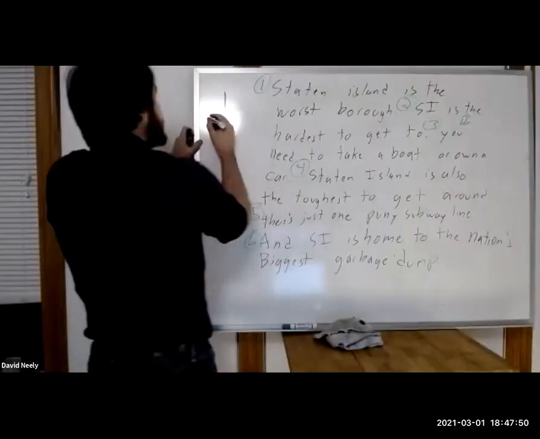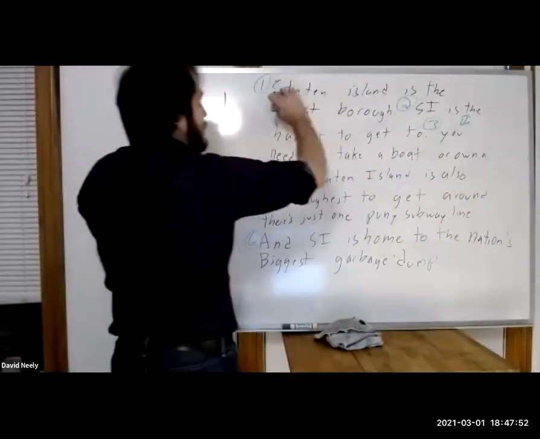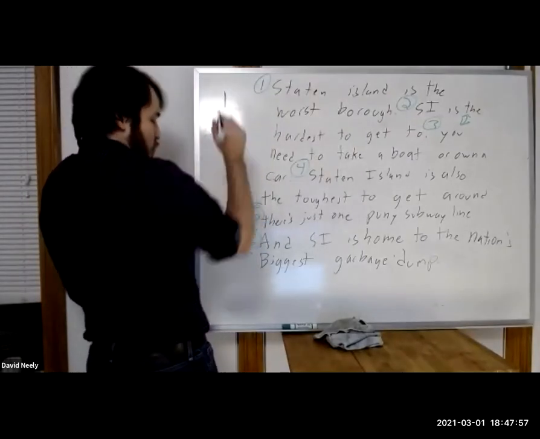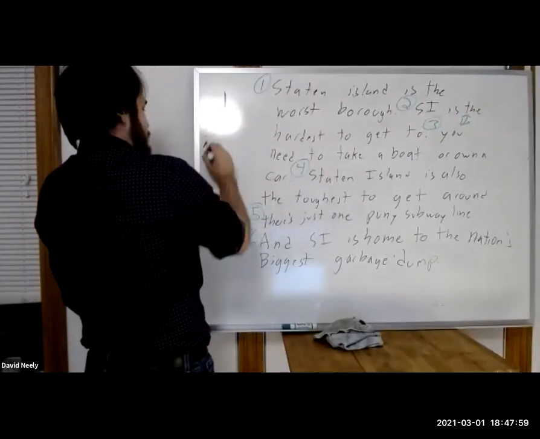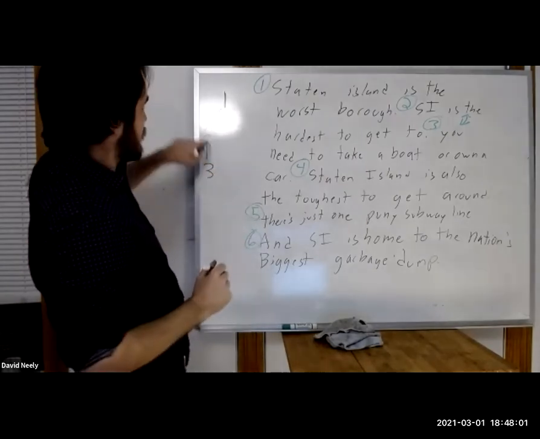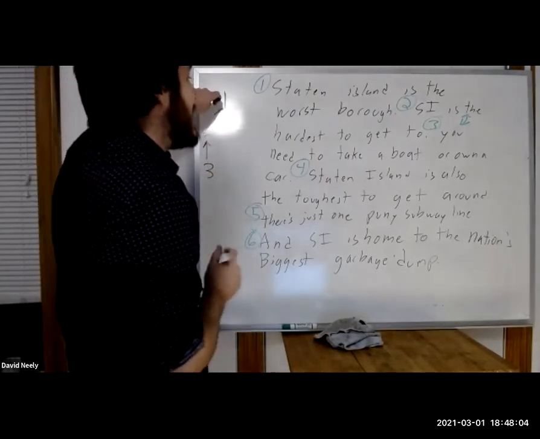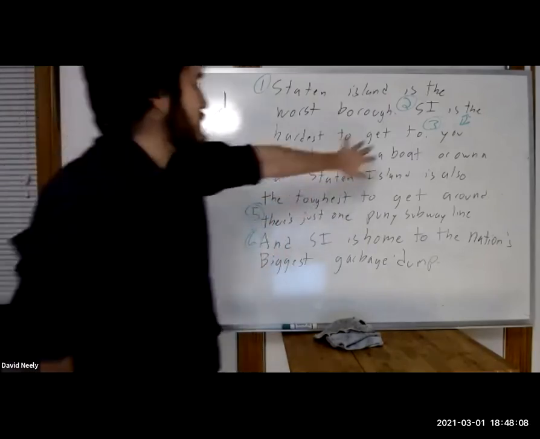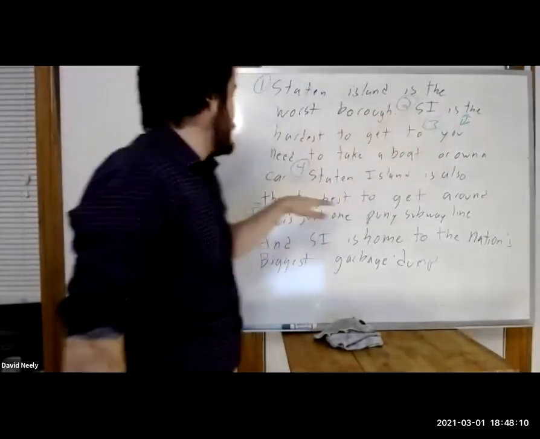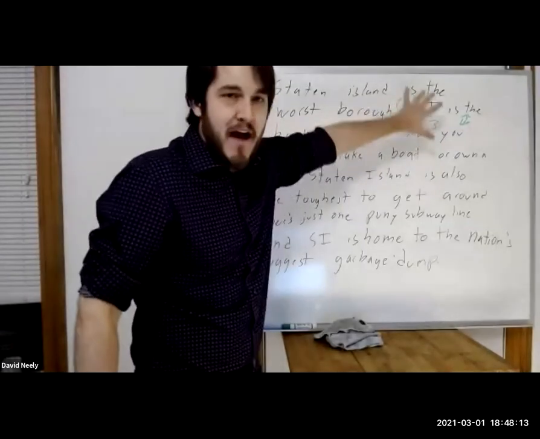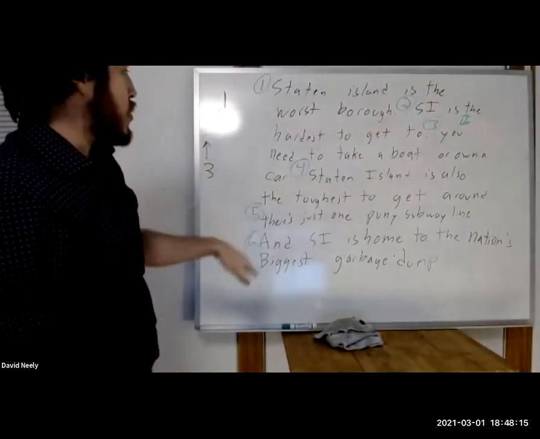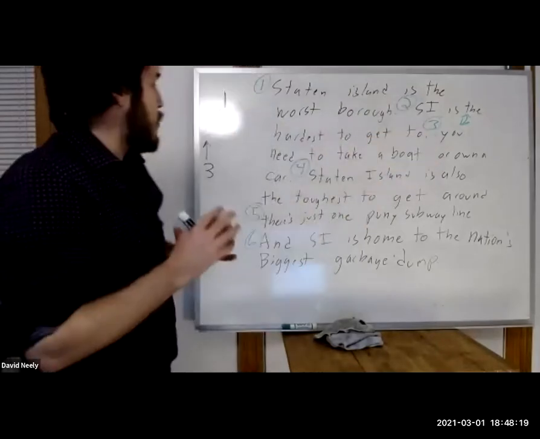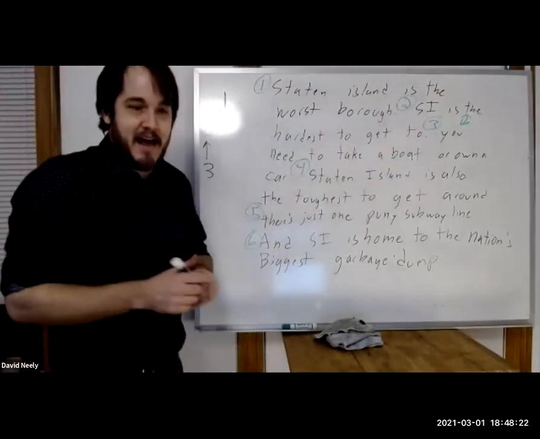Yep, that's exactly right. So what we have here is 2 is a reason to prove 1. So we know that 2 is somehow going to be going up to 1. And we know that 3 is proving 2. So 3 proves 2, 2 proves 1. Now, let's look at number 4. The next question is, how does 4 relate to what we've already got? Is 4 something that's connected to what we've got here? Or is 4 a separate thought? Is 4 in some way linked to 2 or 3? Is 4 just another reason to think that Staten Island sucks?